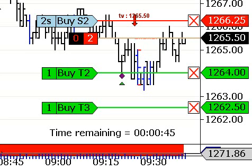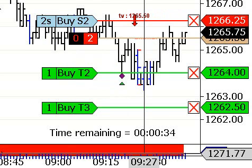The other thing that I was just talking to one of our brand new members about is that he was asking, how many contracts can I trade with a $10,000 account? With a $10,000 account, our recommendation would be about 4, probably 5 contracts at most, even though the broker will allow for just a $500 margin. So in theory, with a $10,000 account, you could actually trade 20 contracts, but